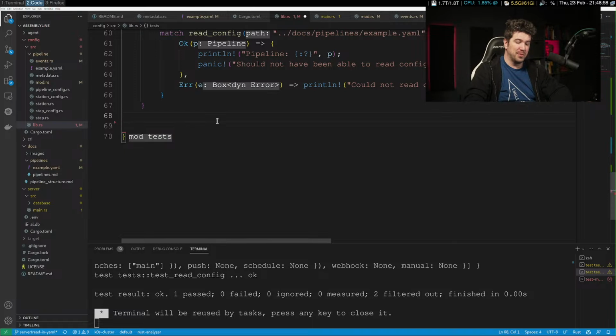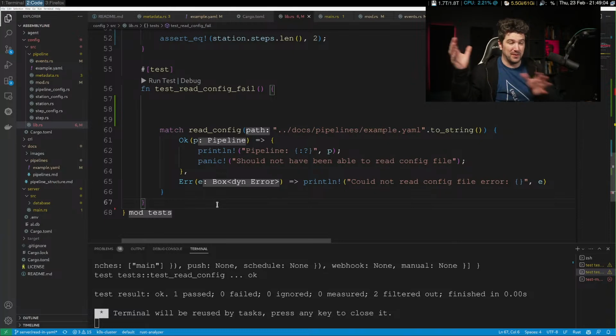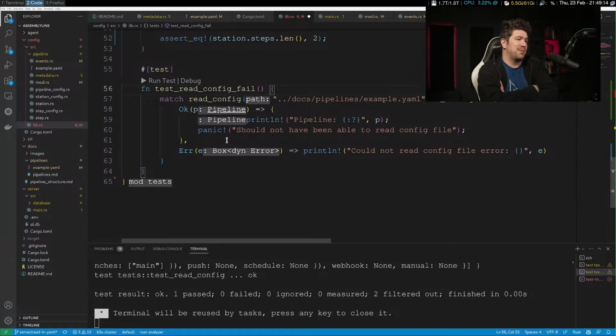We can make it a little bit more generic in the future if we like, where you pass in a few different things, whether you want it to be an on or a webhook or whatnot, and it generates the basic table. But that's the idea. Now, do we want to test the failure? I don't know that we even want this test. This would just be testing a bad file.